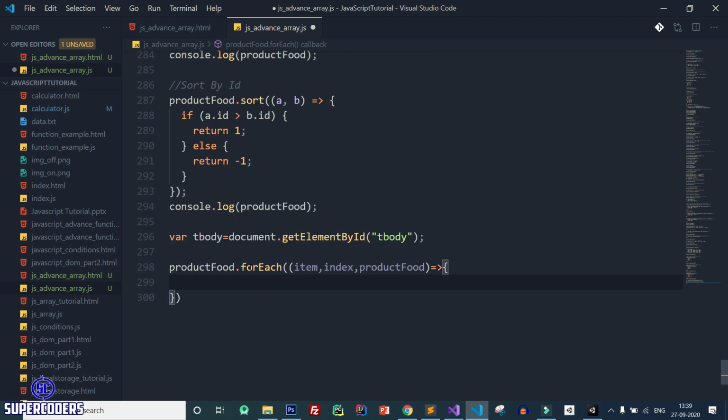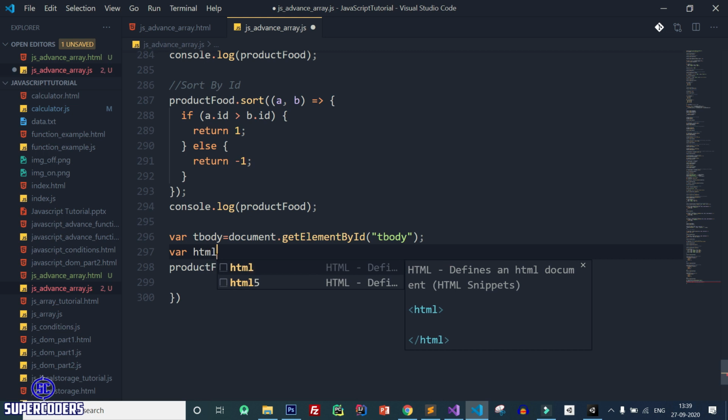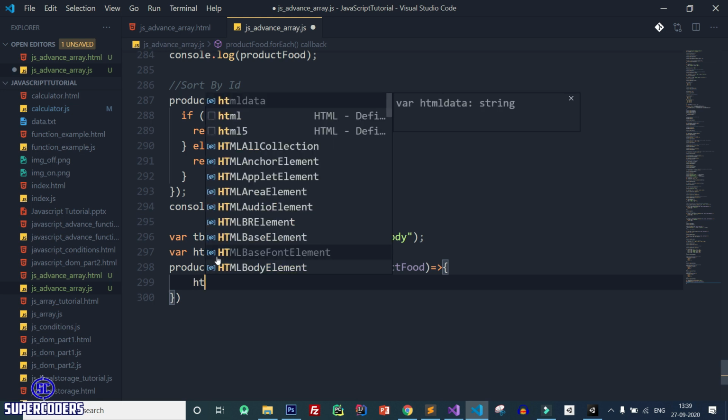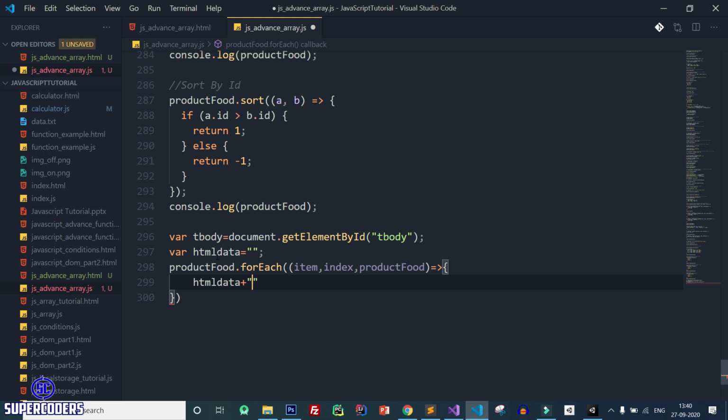Now here let's create an empty string, HTML data equal to blank. After that, let's see, HTML data plus equal to tr, then td, then td plus plus here value.